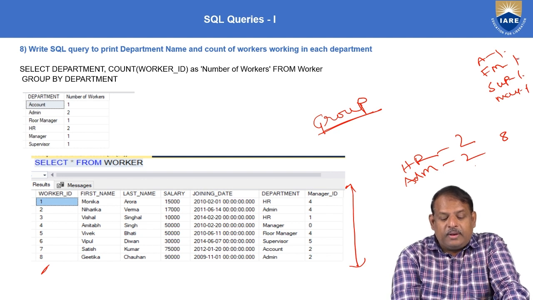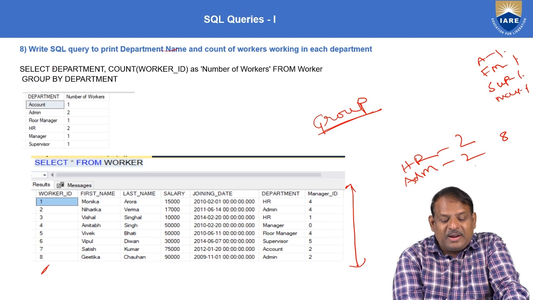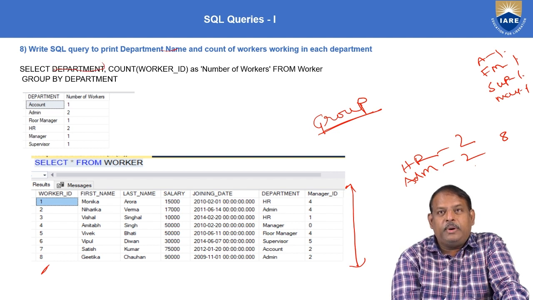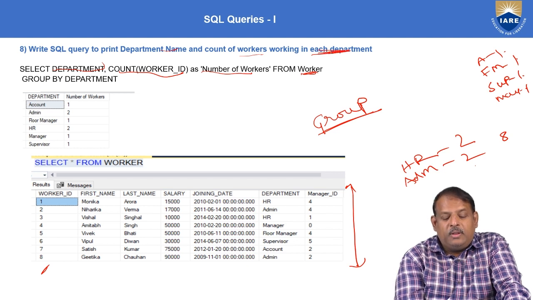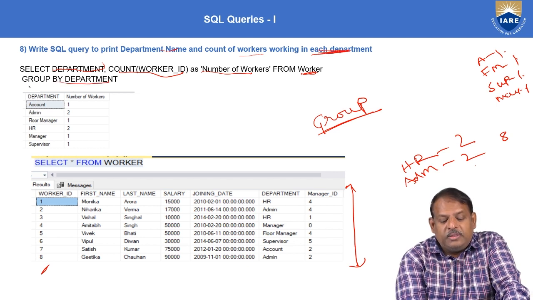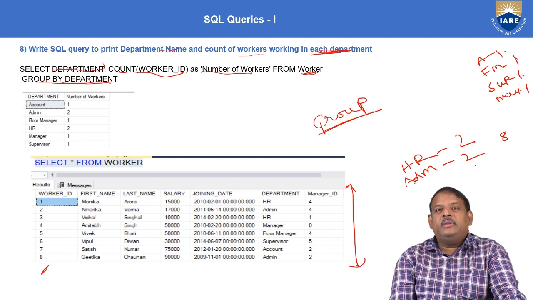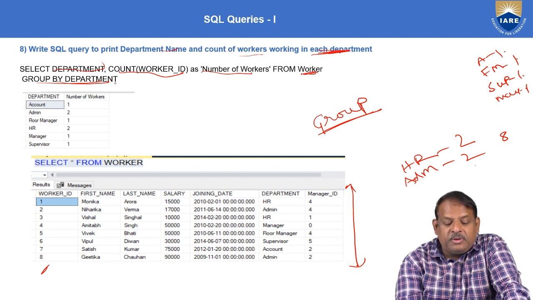Now I want to print the department name. So I'll say select department, and I want to print the count of workers for each department. So count of workers, this is the column alias, from workers. Now here I said I want it for each department. When you use for each department, we have to use the group by function. This group by function is now here. Now when you execute this statement,